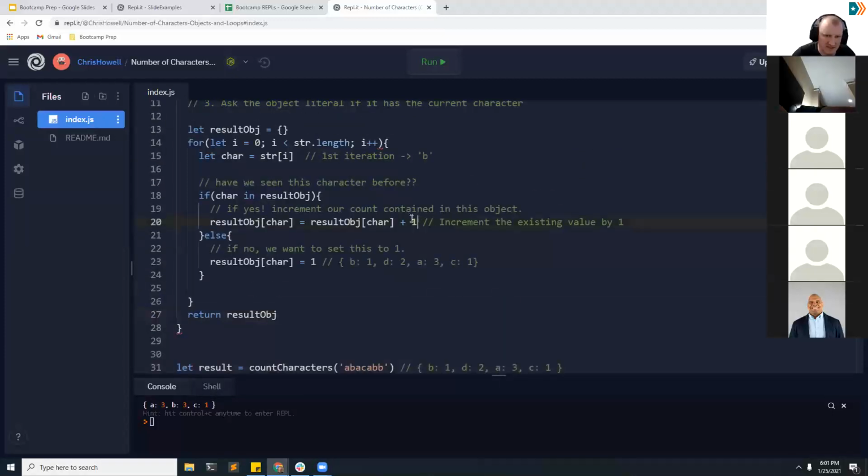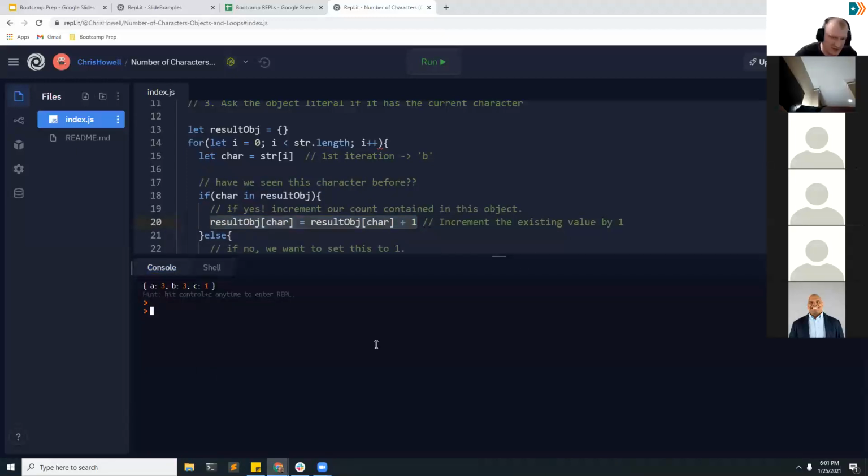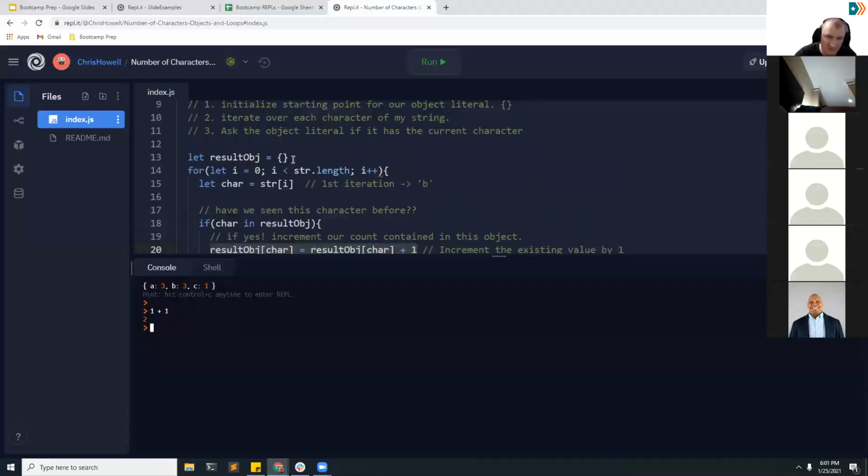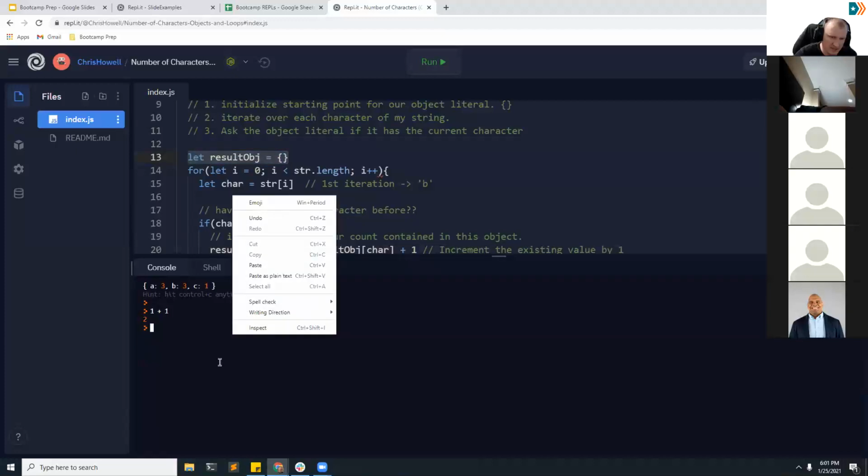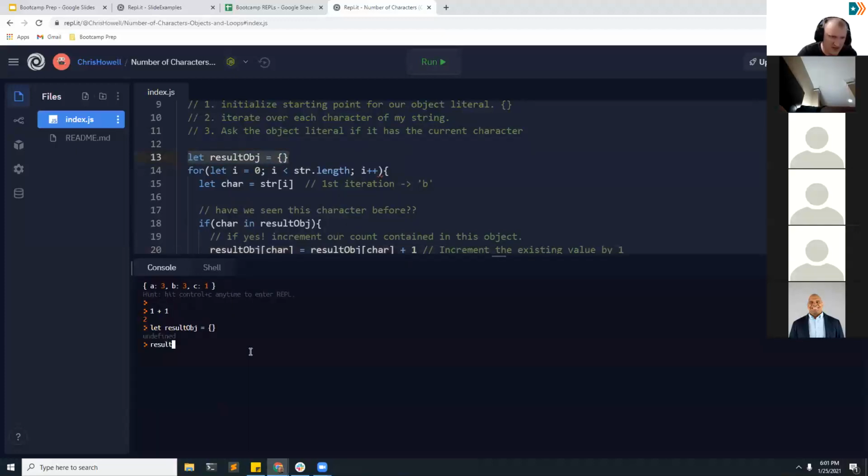But let me emphasize this real quick because I don't think I touched on this very much. And I'm going to do it right here in this JavaScript console. It interprets JavaScript for us. So I have a result object, same thing that's in my code. If I put a B in here like this, and then I ask that object what's in there now,